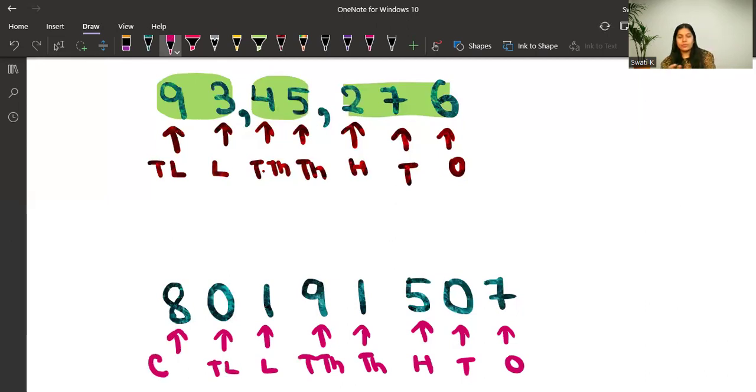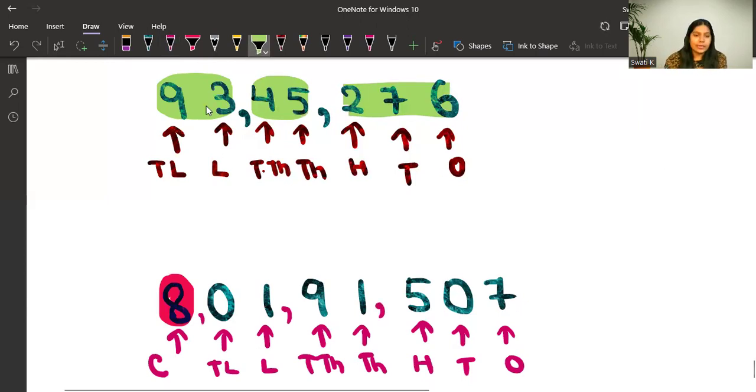Okay, so we use C, right? So of course we are going to read this number as 8 crore, right? So after this you can give a comma. And now at the place of 10 lakhs we have 0, right? So we'll directly go to 1. So 8 crore, 1 lakh. Okay, 8 crore, 1 lakh,